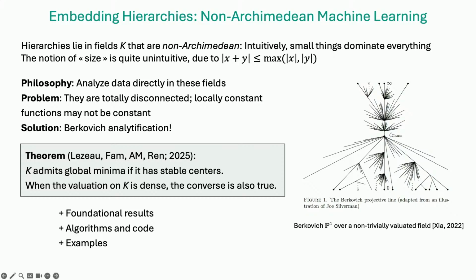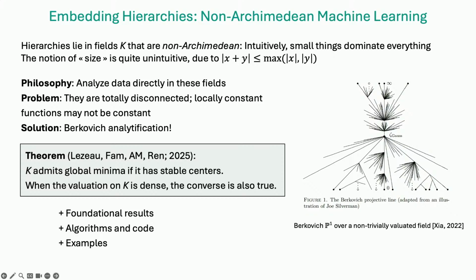But in the case where we deal with hierarchies, especially with the kind of data like the word hierarchies that I mentioned before as an example, we can do this Berkovich analytification. We come up with what we call a polydisk space. The preprint is coming if you're interested in more information about that. By growing these balls, we have a space that's path connected. And then what we've shown there is that we have global minima.